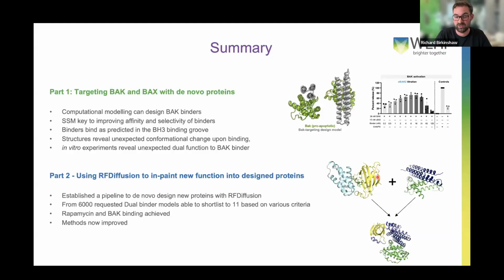Obviously you can now use AlphaFold 3 to do this. I have folded these now with AlphaFold 3 and rapamycin, and the 11 targets that we selected, they all, according to AlphaFold 3, have the potential to bind rapamycin. We just don't necessarily see that in our in vitro experiments. Which absolutely highlights the need to use these computational methods in parallel to your biological methods, because biology is complex and you never know what's going to happen sometimes.